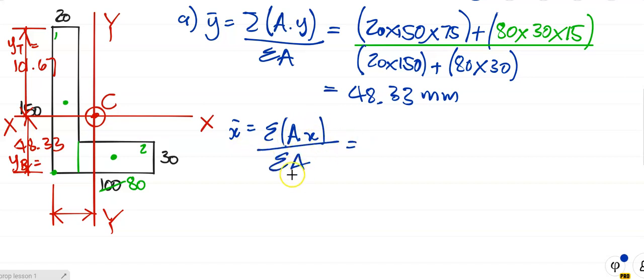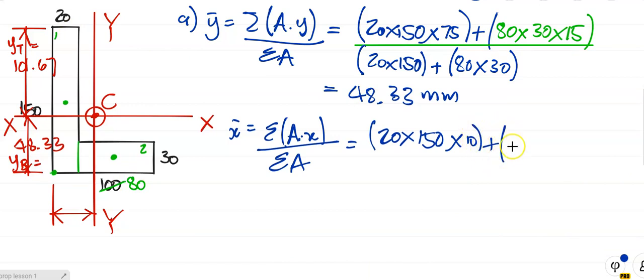Element number 1, 20 by 150, which is the area, 20 times 150 multiplied by x. What's x? X is the horizontal distance from the centroid of the element to that line we're taking moments about. Remember we said moments of areas, which is half of 20, which is 10,